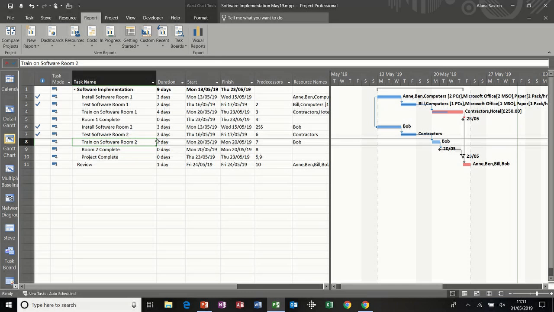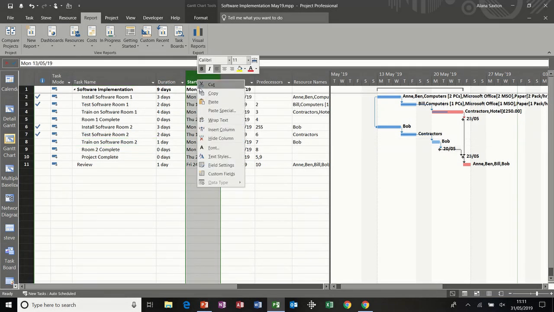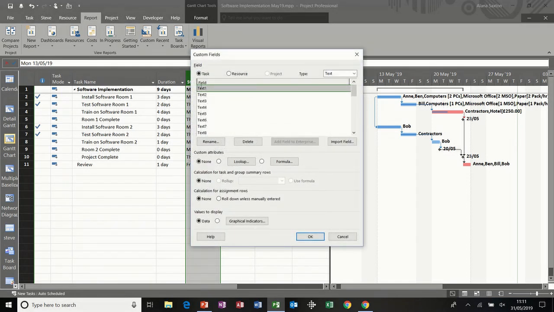We're going to look at customizing columns and using functions and then creating our own table. So first of all, customizing columns. Just right click on any column heading and go into custom fields. There are several different types of fields that I could customize. Text, there are 30 text columns. There's cost, date, duration, and all these other ones as you can see there. But I'm just going to customize 3 text fields, and the first one I'm going to do is one called